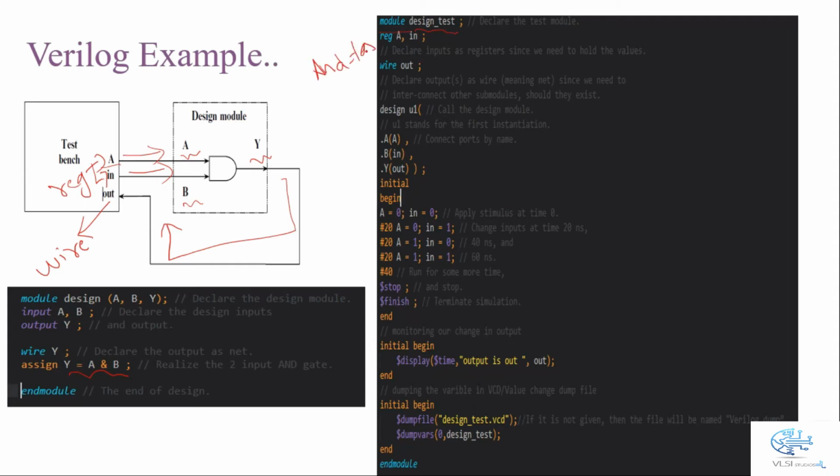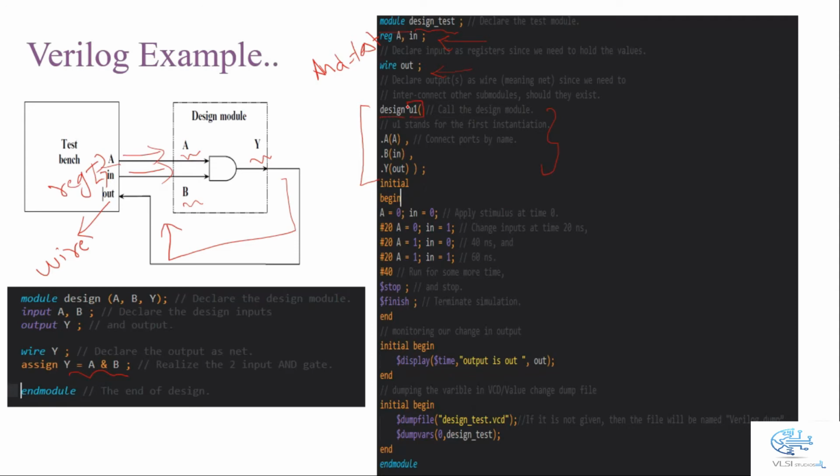Now after that we have to give the inputs of our test bench part. As I already told you, the inputs of our test bench are declared as reg because we have to hold that value. So we are giving the reg names A and B as the input regs, and we are defining the output with a wire. Now the second thing is the instantiation of our design module in our test bench part, that is, the module to which we have to apply the stimuli. For that we have to instantiate that module.